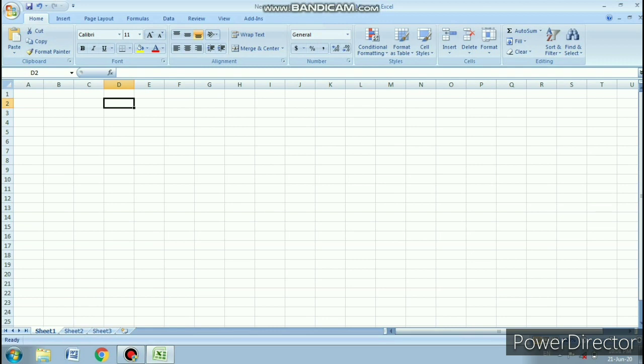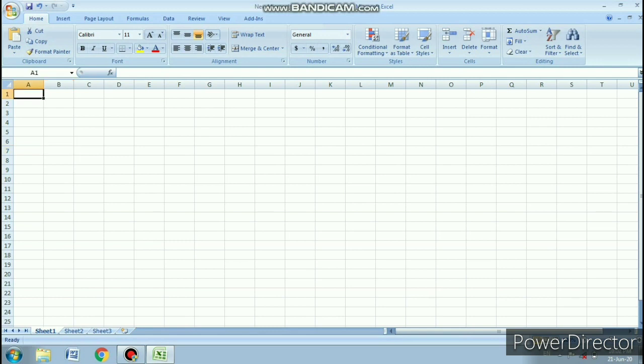It means my active cell is D2. As well as in your name box, you can see your address. This refers to the active cell, or the cell address where I am: D2. When you click on another cell and make it active, what is my address now? B7. You can see in the name box my current address in the worksheet is B7. I hope I make sense. So you learned what a cell is.